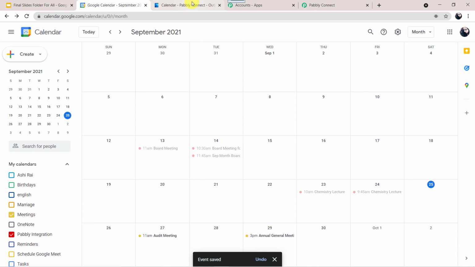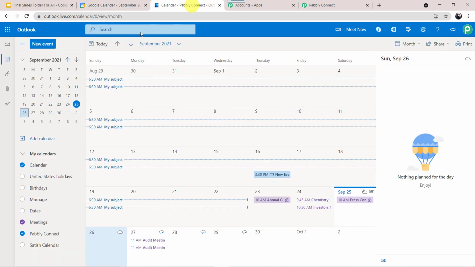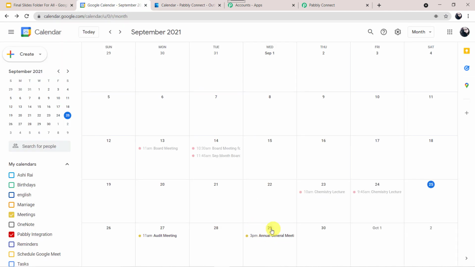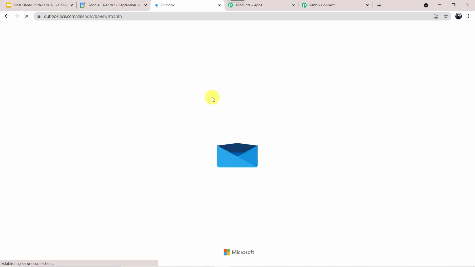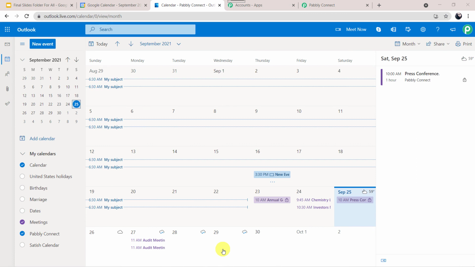Now let us move to our Microsoft Calendar. We have to check here on the same date. It was 29th of September. So let us check. I'll just refresh it. Here we cannot see any details at the same moment, just because I have already informed you that Google Calendar uses polling and may take time to give a response. So we have to wait for some time.